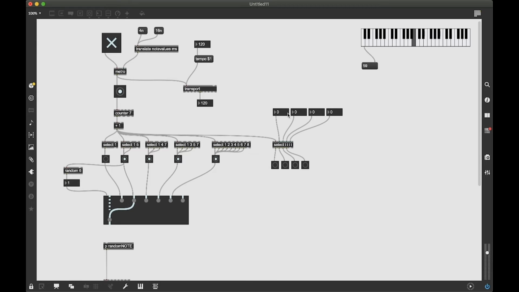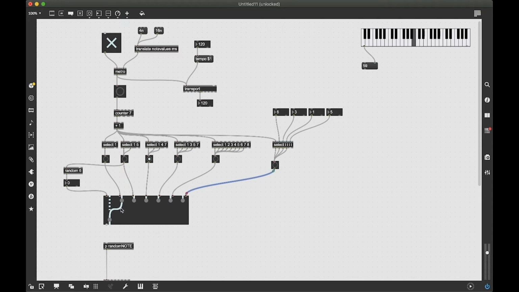But if I put here a 1, every time that I get a 1, this will bang through. If I put here a 3, 6, and a 5 perhaps, I'm getting some interesting rhythms here. I'm going to connect that to the switch here,